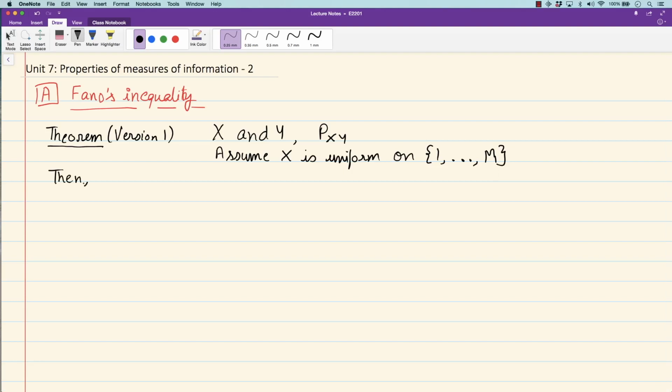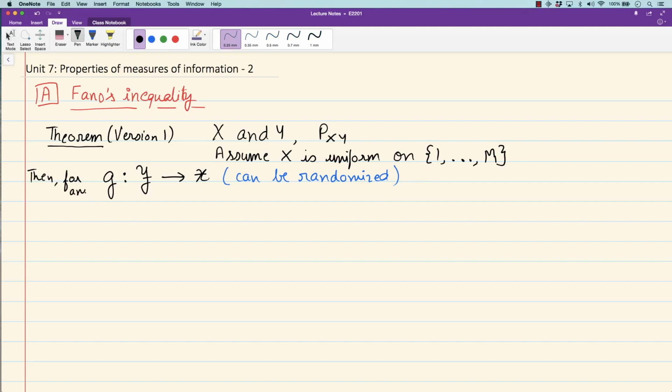Then what you can show is that if you use a function g, which looks at Y, so this random variable Y takes value in this calligraphic set Y, and outputs X, and this can be even a randomized function. Okay, so what is a randomized function? It need not just use Y as input. It can use Y and some independent coin flip. So it can be a randomized function like that. So then, sorry, let me write it carefully. Then